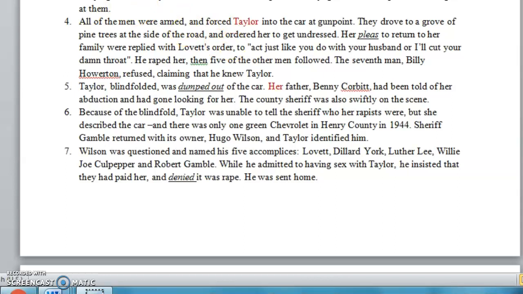So if you notice here, the writer has used pronouns, just pronouns, Taylor and her. Okay, so we have pronouns here. We don't have anything else. Then the answer is